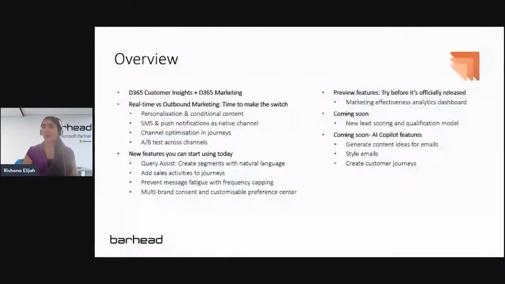All right, so what do we have in store for today? Here I have an overview of what we'll be covering. So one of the big announcements that we had last week was something to do with both customer insights and